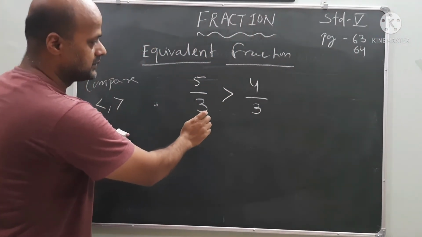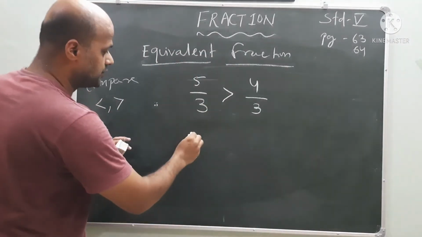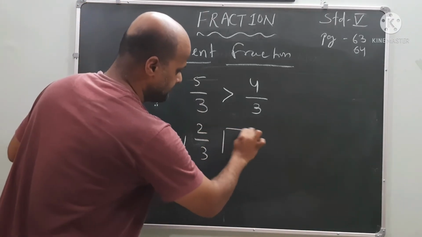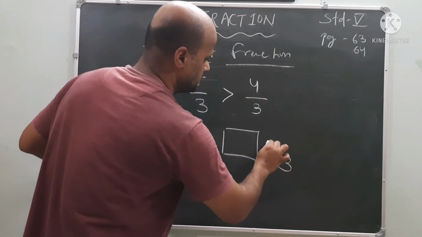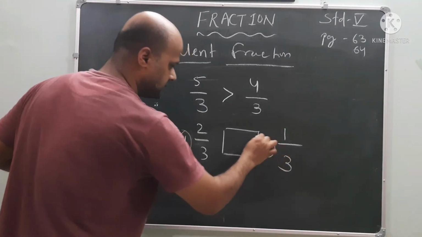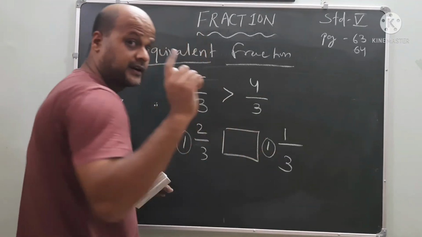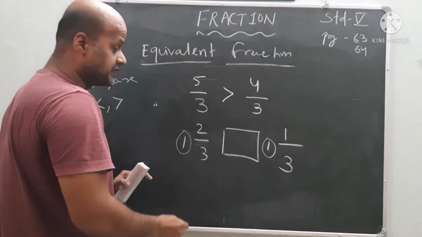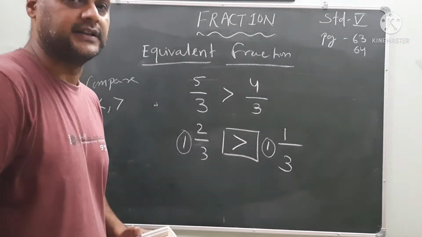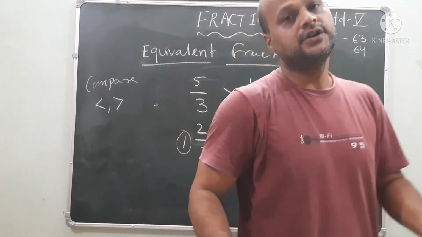Again, we know that an improper fraction we can change to mixed. So how will you change it? 2 by 3 here. Okay, in both the cases, the denominators are the same. Yes or no? What is the rule about the whole number? Which one is greater? 2 is greater, na? Then 1, na? Then I will say that this one is greater than this one. The 1 will cancel. Then the proper fractions you have to compare, which one is greater, which one is smaller.